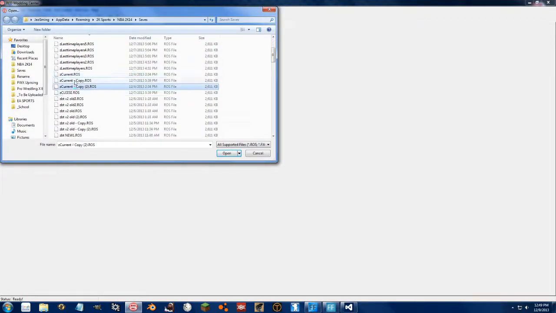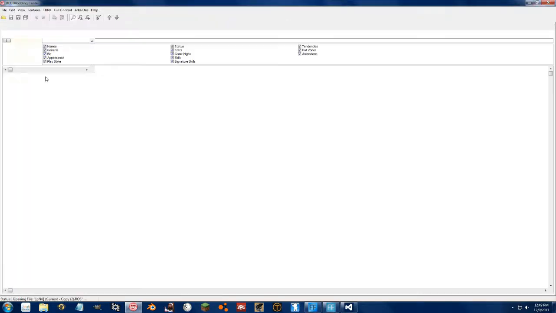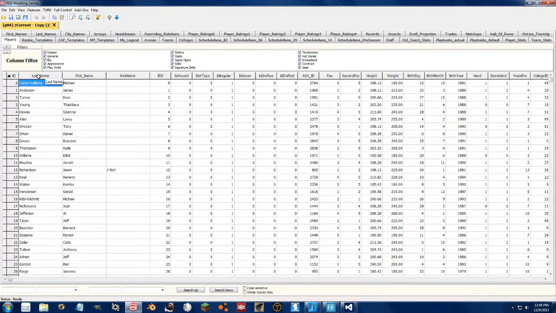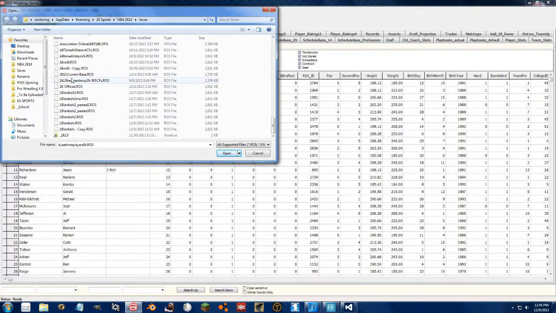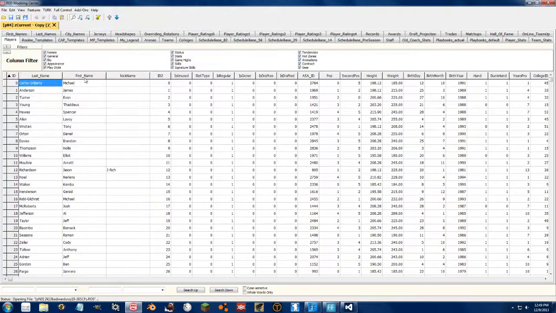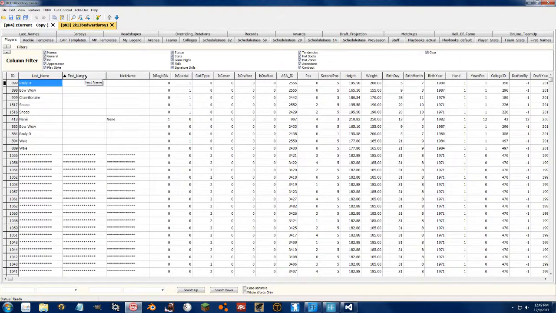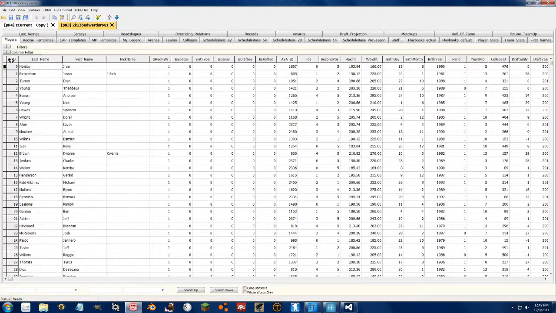So get a roster from 2K14, and if you have the modding interfaces, you can open up multiple rosters at once. You're going to need to have some licenses if you're going to do the teams and the arenas tabs and everything. The PN4 right here tells you it's a 2K14 file, and I think I have one in here. Yeah, 2K13, and we'll convert Brandon Roy's nice post-draft roster from 2K13 from the PS3 version. And as you see, PN3 means that it's a